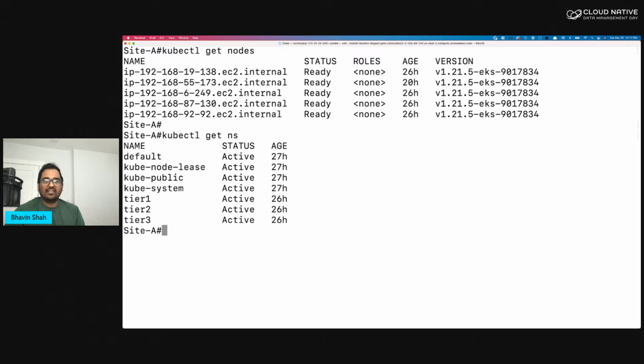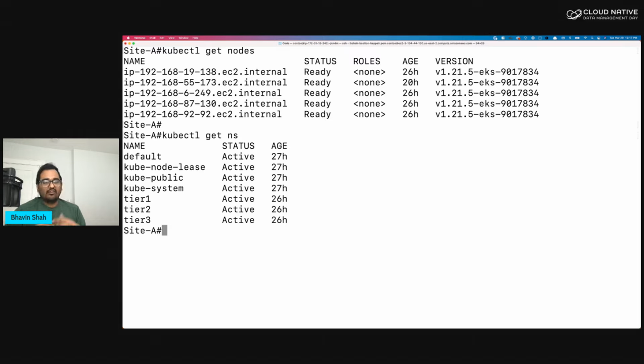And then tier 3 applications are test dev applications. Even if they are down for a day, or even if they lose a day's worth of data, that's not going to be the end of your business. Once you have those different tiers of applications, you can build data protection or disaster recovery solutions for them. So today we have 3 namespaces defined, one for each tier.